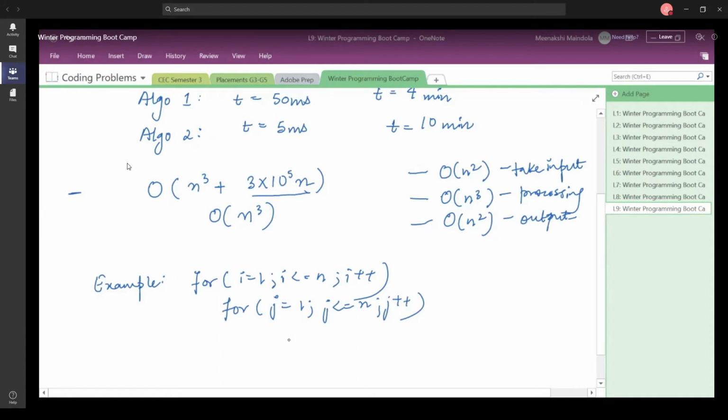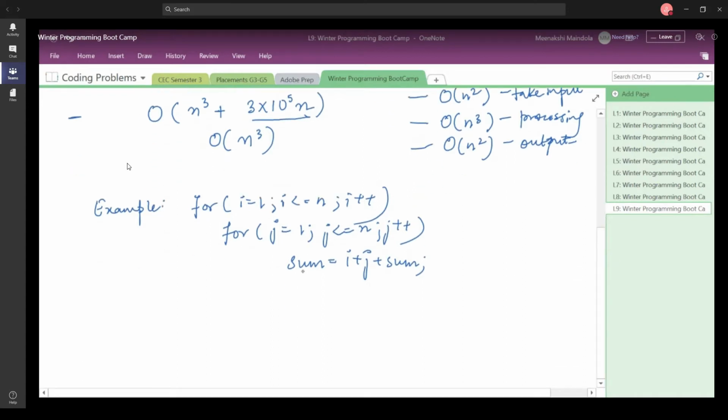Then let us say you are performing a certain operation here, sum is equal to i plus j plus sum, for example. So what will be the time complexity for this particular piece of code? The outer loop is going to run n times and the inner loop is also going to run n times, right? So what will be the time complexity in this case?